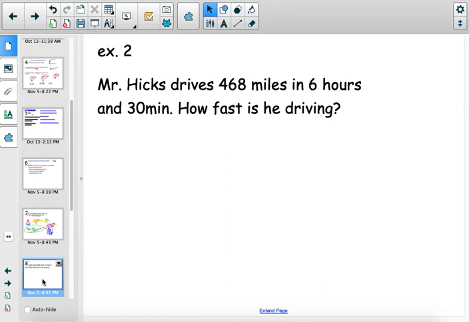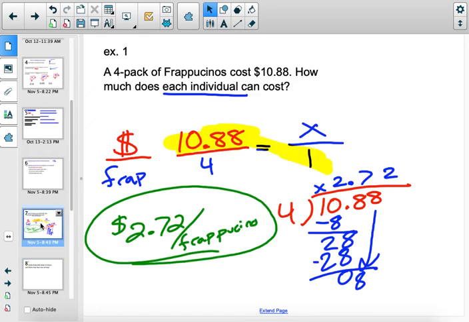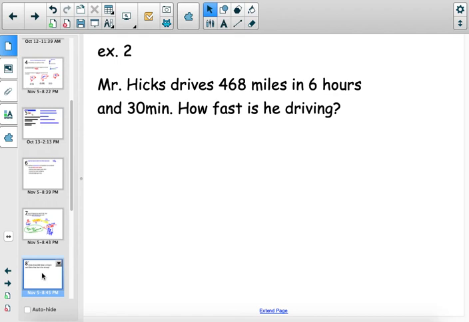I have a question about the last one. What is a Frappuccino? It's like a coffee that's cold, I think. Basically like iced coffee. Don't drink it, you're too young. It has caffeine and stuff in it. And you say coffee stunts your growth. I had a Frappuccino once when I was 12. I stopped growing that day. That's why I'm so short. No way. I'm shorter than my dad and my brother. Okay, so I drink Coke. Well, I already did the damage. I might as well. I hate coffee.